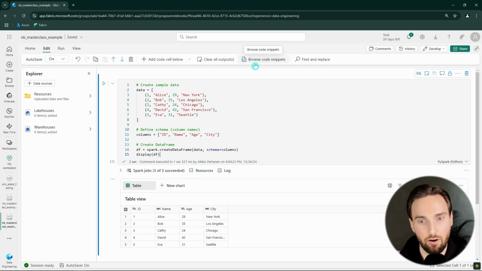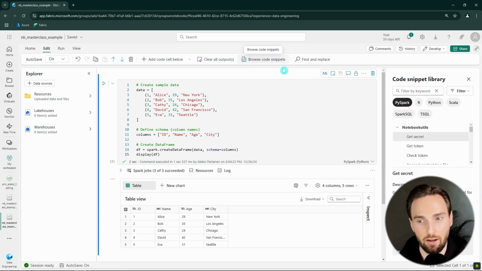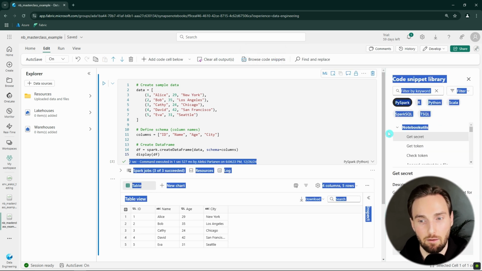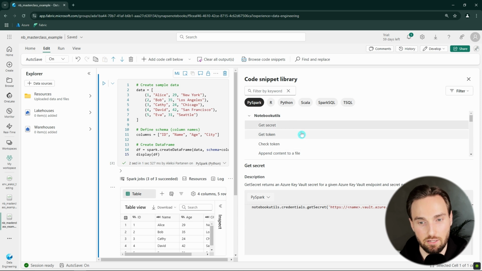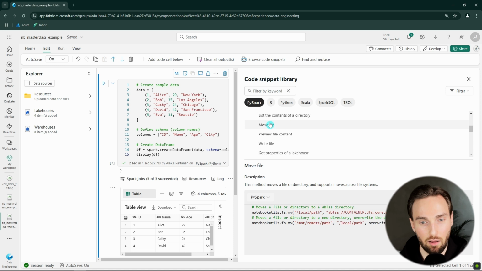And then we have a very cool feature here in the notebook, browse code snippets. If I click this, it will open up these pre-made code snippets that Microsoft is already providing to us. Here we can find plenty of code snippets for many different languages in the notebooks. For example, we have some NotebookUtils code snippets that would allow us to, for example, move a file from one